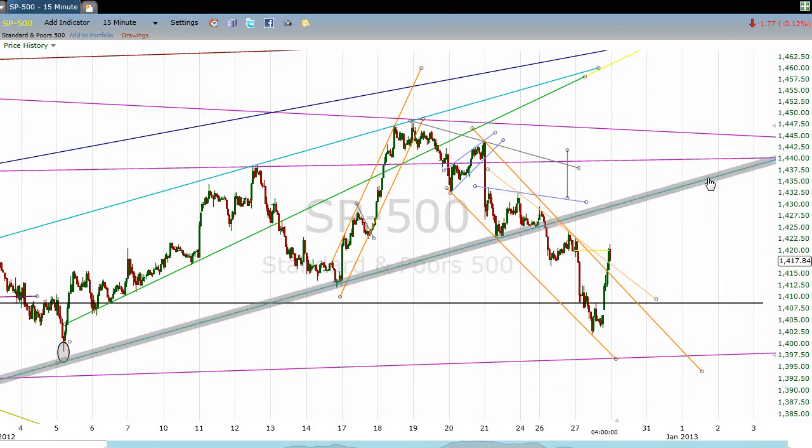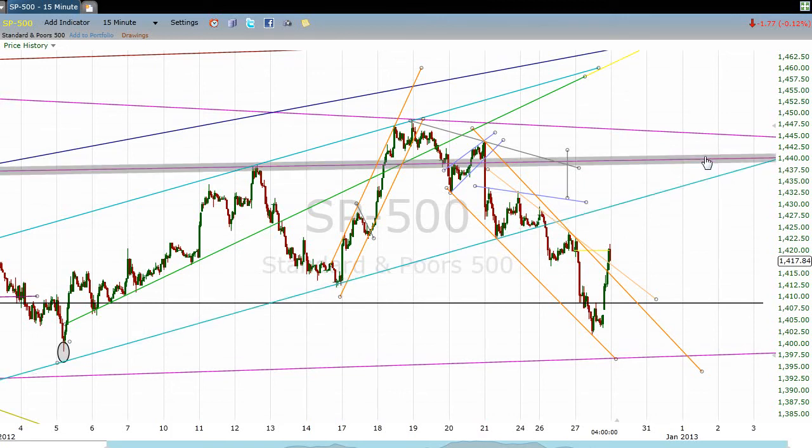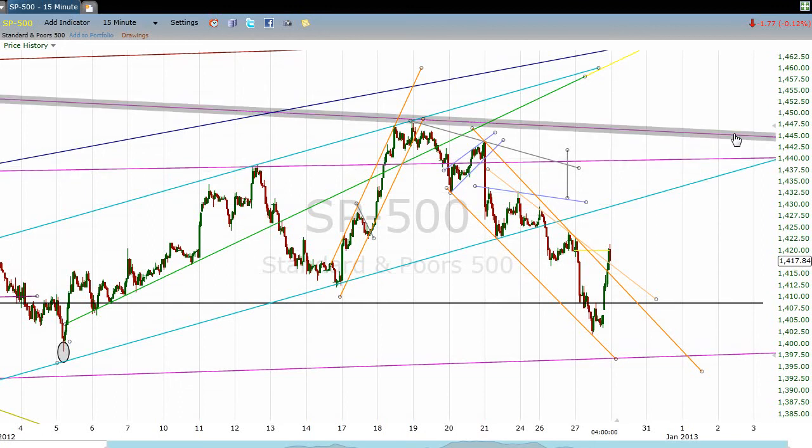I would expect resistance on touching this rising line, and I would also expect resistance at this line around 1440. And then this is our potential neckline. Again, I want to stress that word potential, and that would be currently around the mid 1440s,